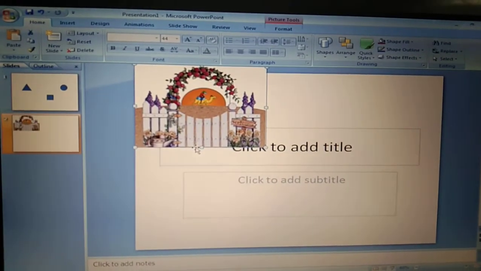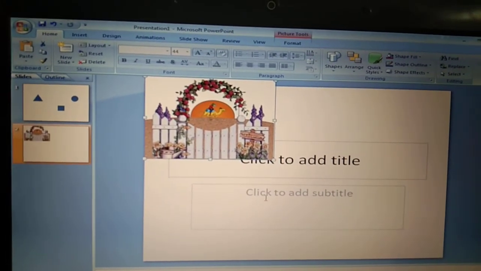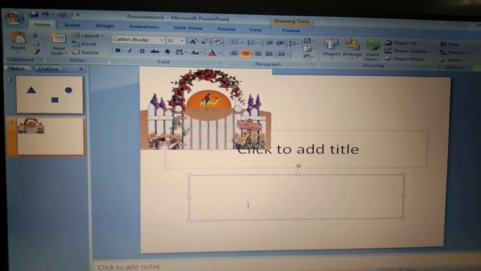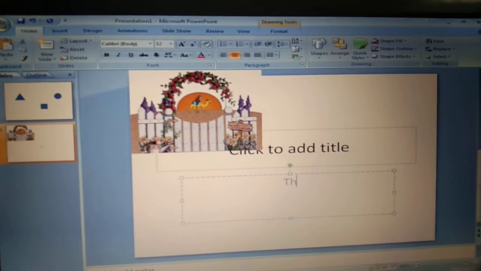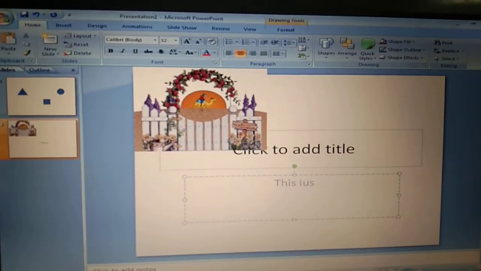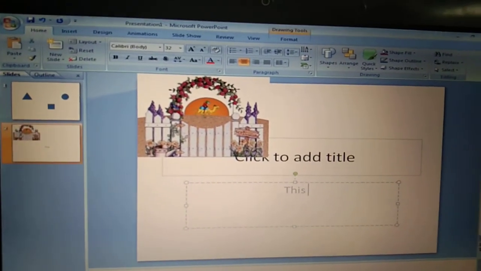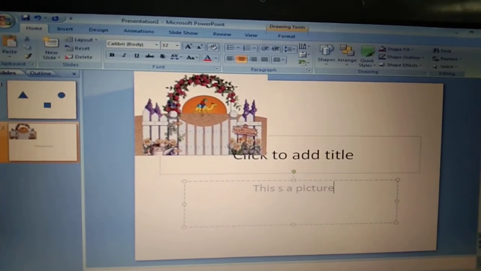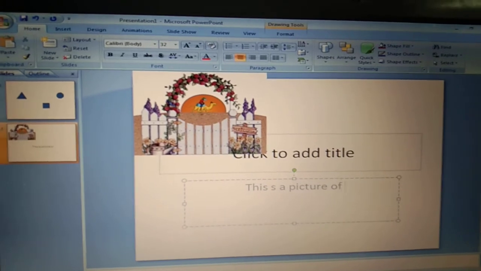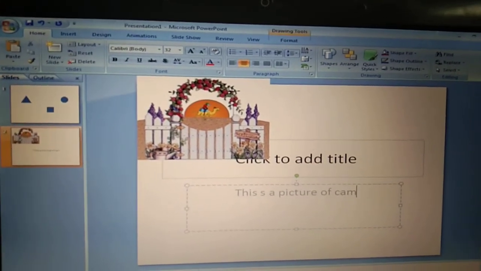So this is the way. Now if I want to add text, I can simply click here and write that this is a picture of camel. So this is the way we can write the text.